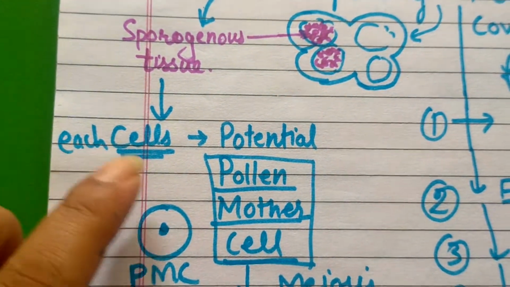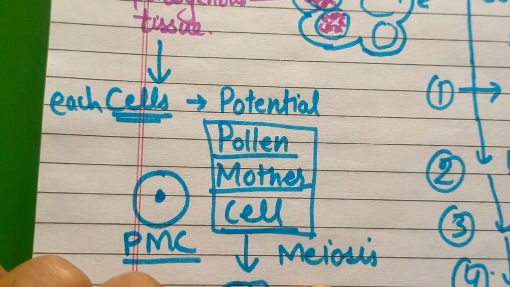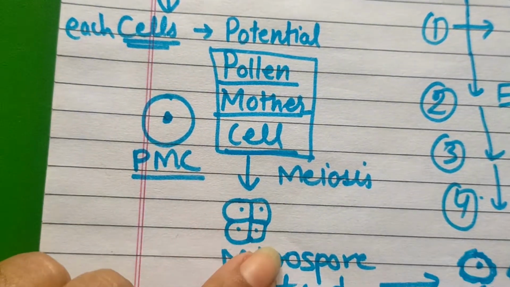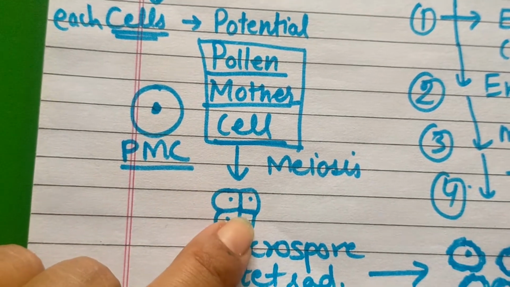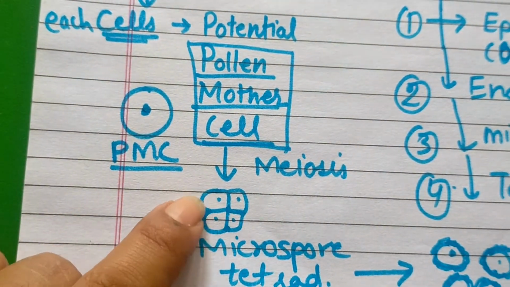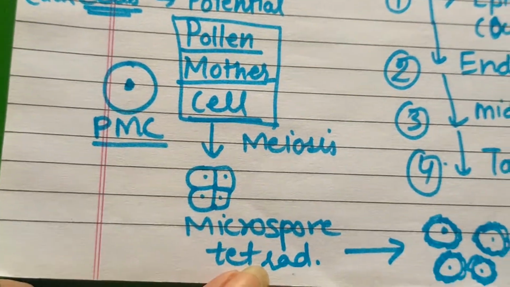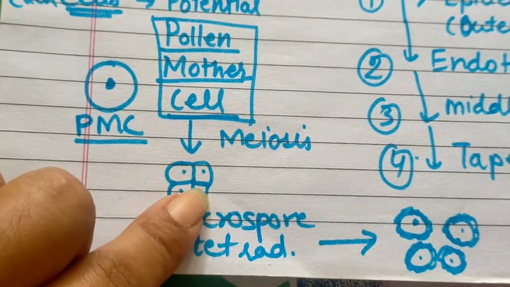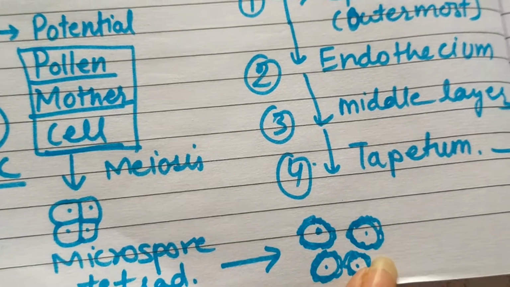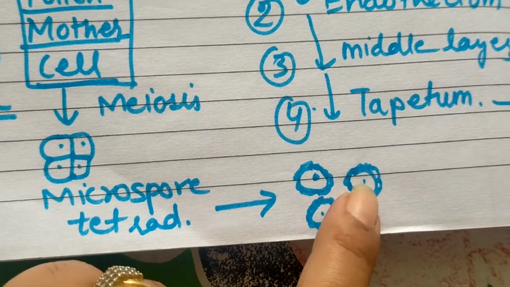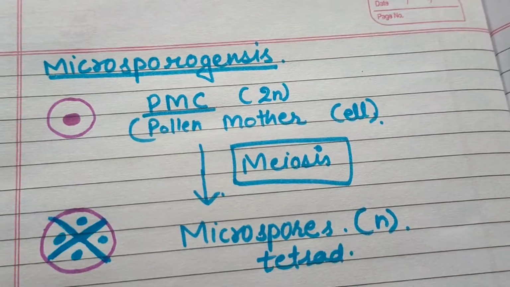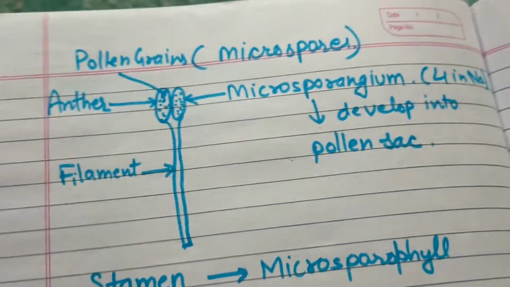After meiosis, meaning reductional division, what happens? Four cells are formed, but they are not free. They are in microspore tetrad form. After that, the dissolution of the wall occurs and they separate out, and these are pollen grains, actually immature pollen grains. So as you can see here in this picture,